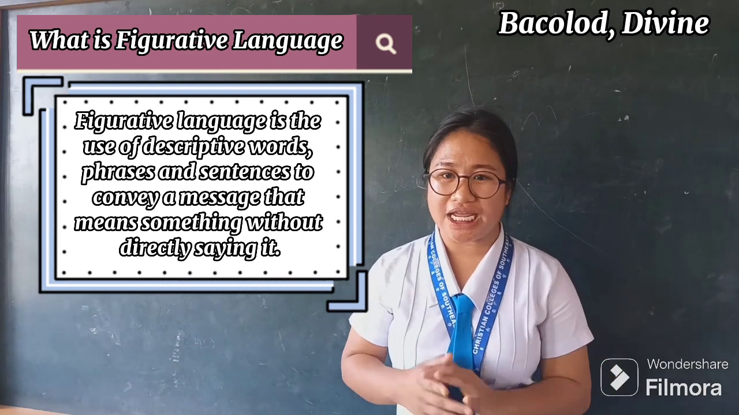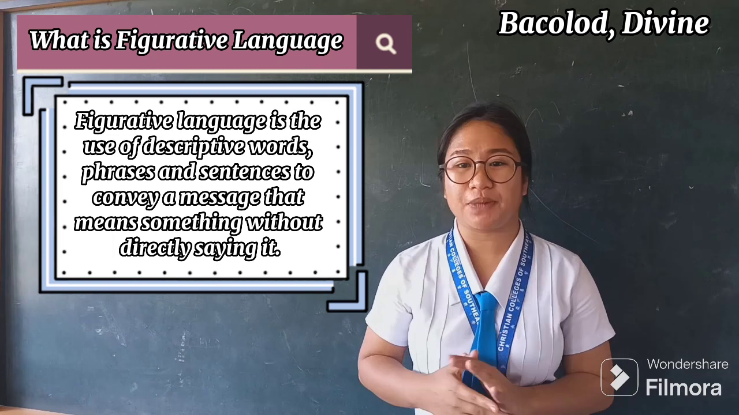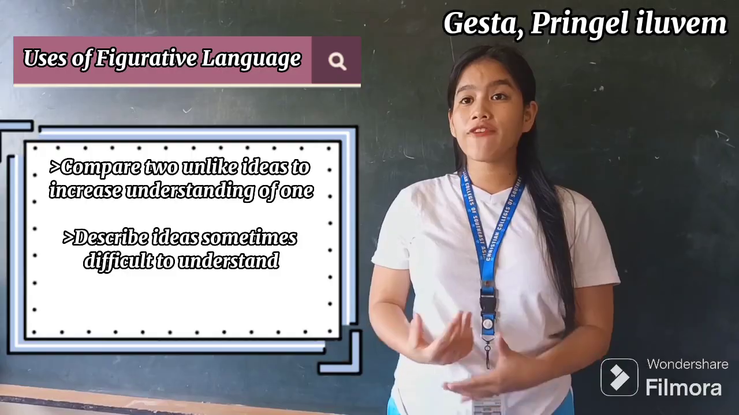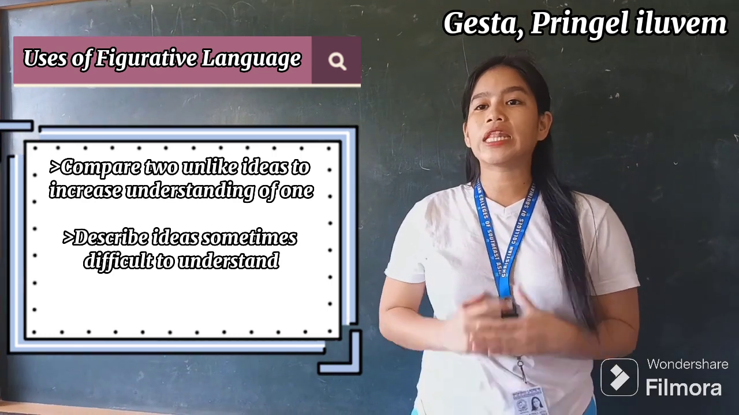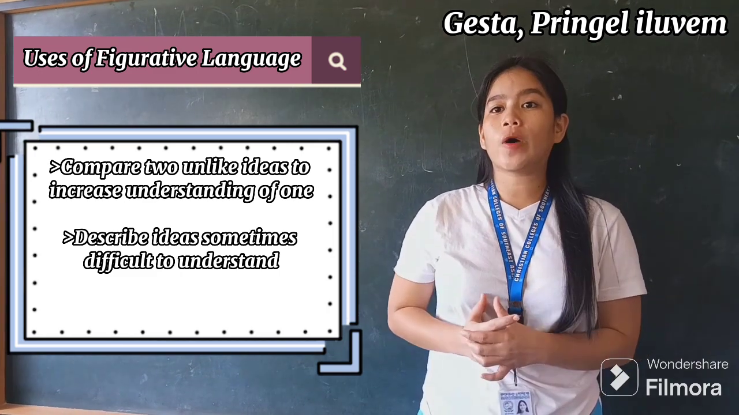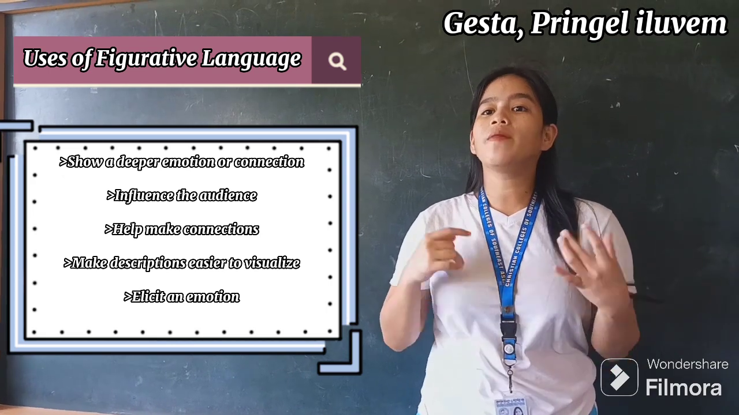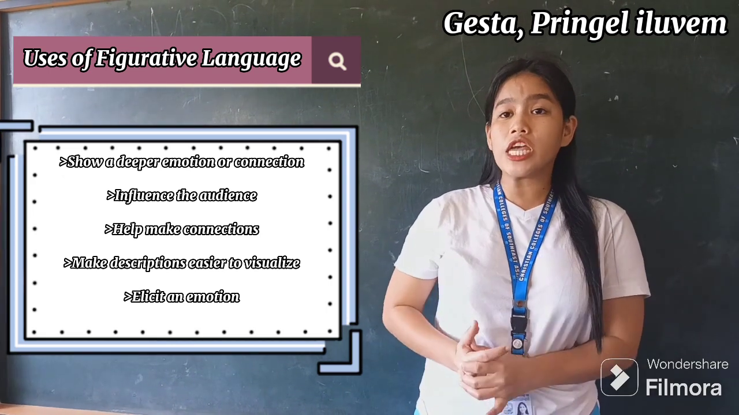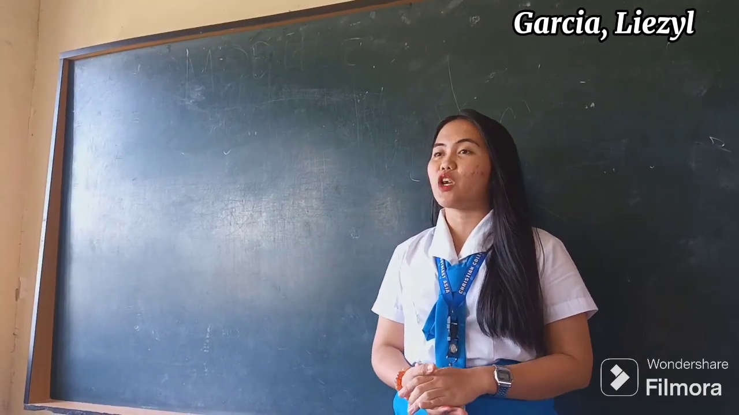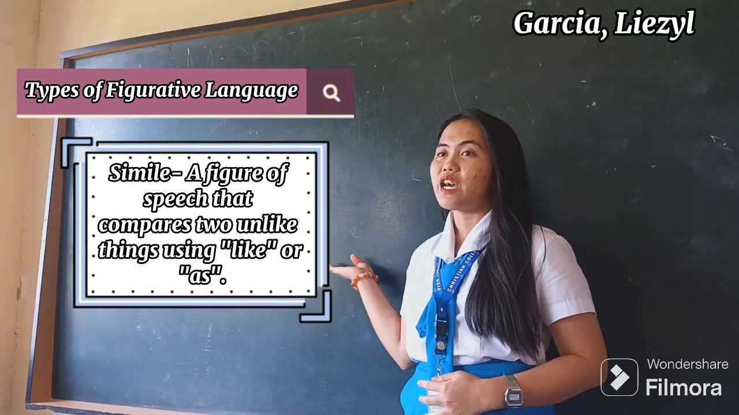It is creative wording used to build imagery to deepen the audience's understanding and help provide power to words by using different emotional, visual, and sensory connections. Figurative language is used to compare two unlike ideas to increase understanding of one, describe ideas sometimes difficult to understand, show a deeper emotion or connection, influence the audience, help make connections, make descriptions easier to visualize, and elicit an emotion. After we know the uses of figurative language, now let's move on to the types of figurative language, including the